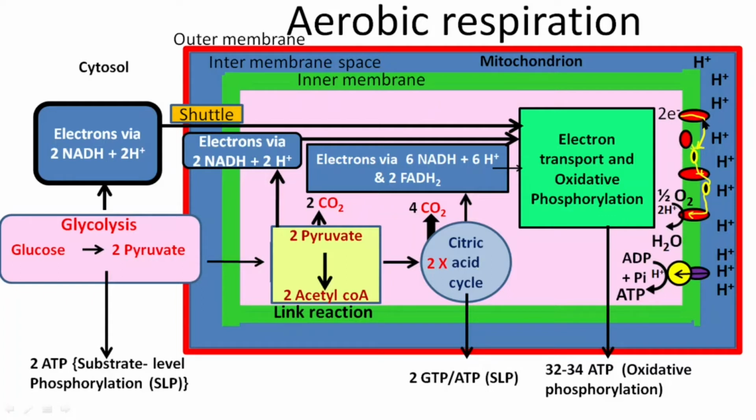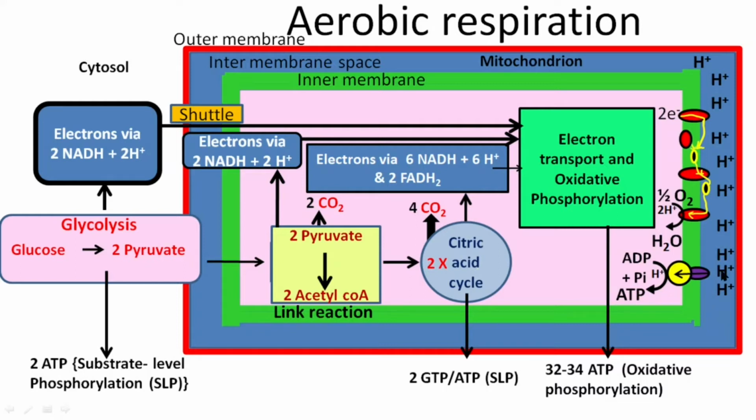When electrons are passed on from one component to other component, they lose their potential energy. About this already we have seen in previous videos. With that energy, cells pumps protons from matrix of mitochondria into intermembrane space. So there is formation of gradient. These protons in the intermembrane space, when they accumulate, they develop what is known as proton motive force.